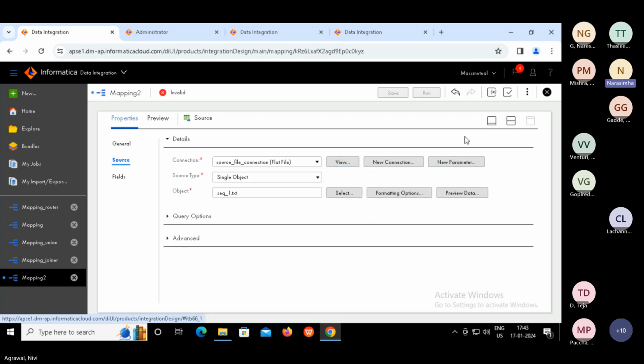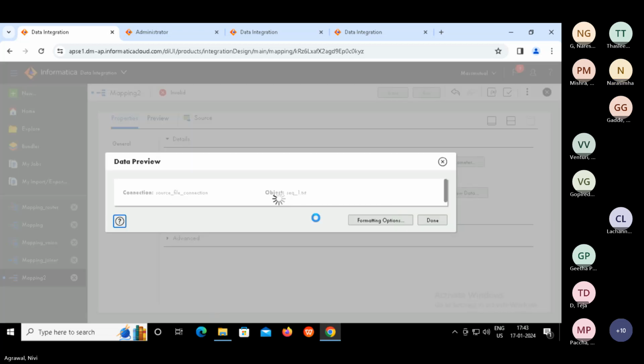Do you have data in that preview data? Click on preview data. Yeah, right. But we are not getting the column. Wait, it's coming. I think data is there. It is trying to pull.